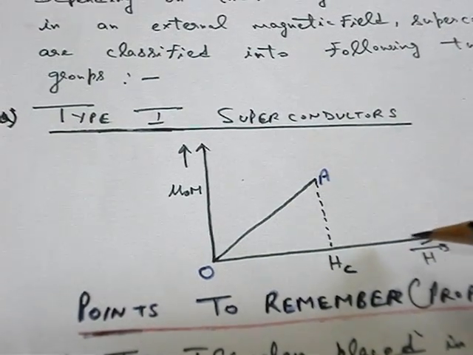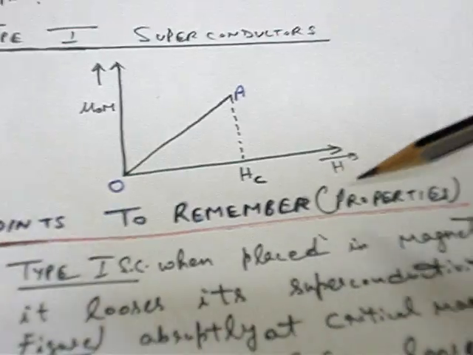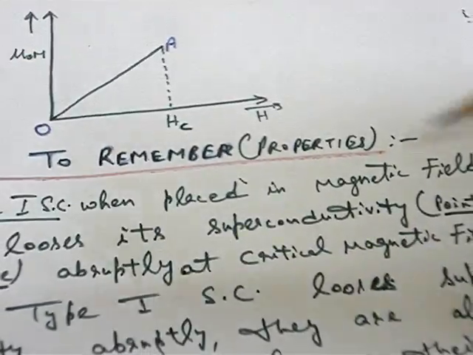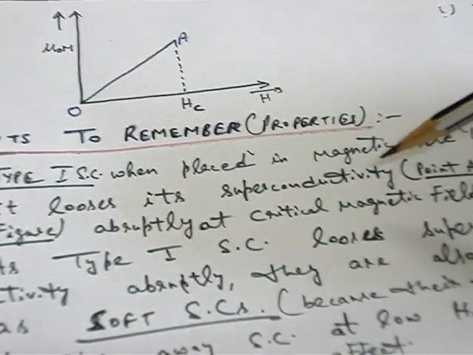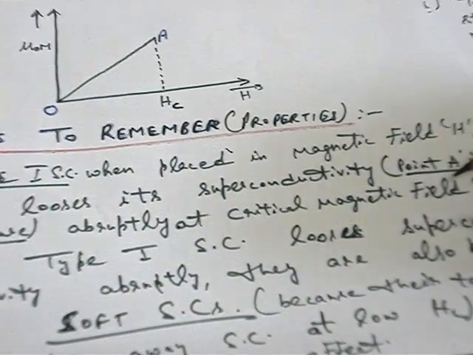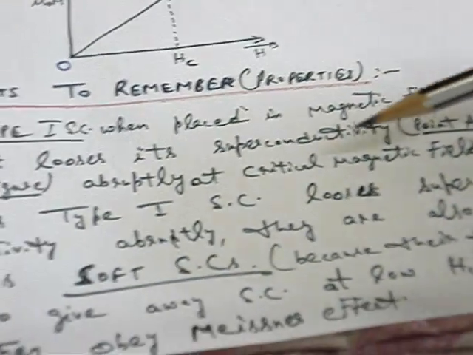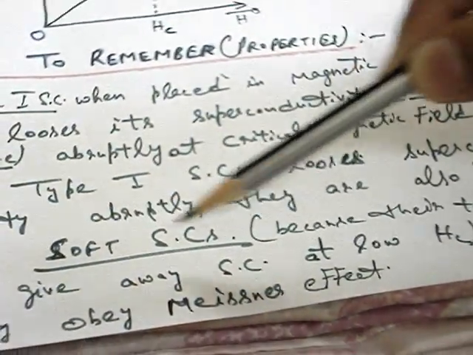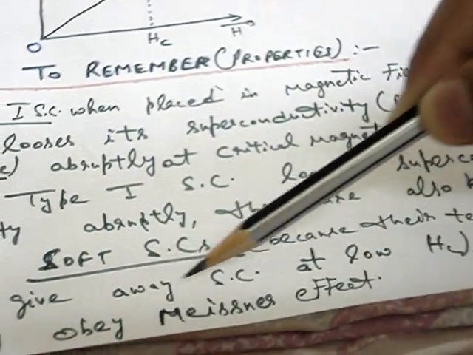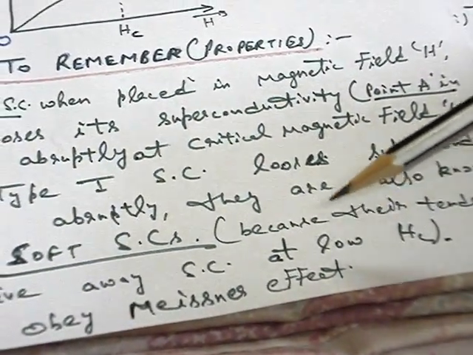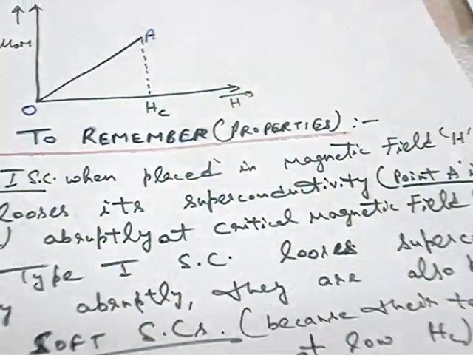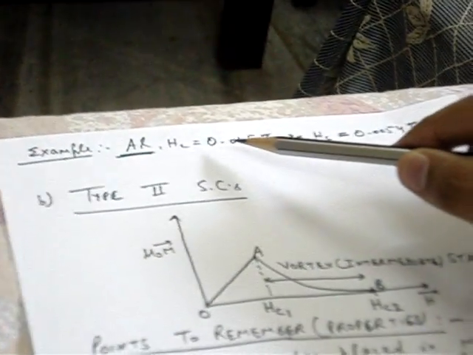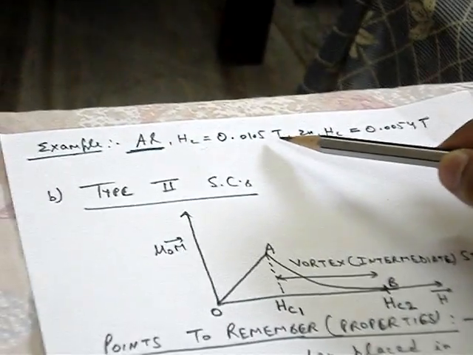a conductor. So basically the properties to remember here are: type 1 superconductors, when placed in magnetic field H, lose their superconductivity abruptly at the critical magnetic field. Because type 1 superconductors lose superconductivity abruptly or easily, they are also known as soft superconductors. They obey the Meissner effect. Examples of type 1 superconductors are aluminium, whose critical magnetic field is 0.0105 Tesla, zinc,